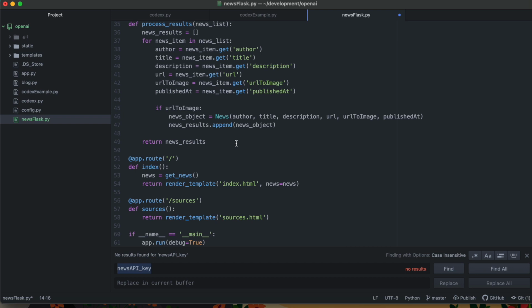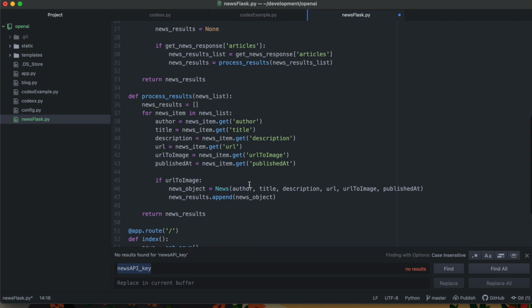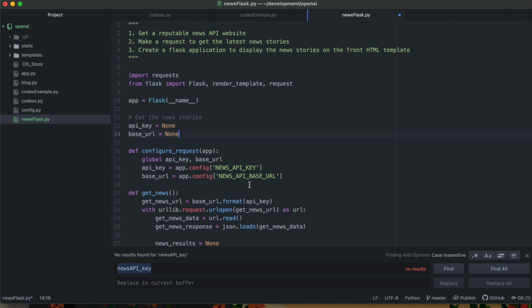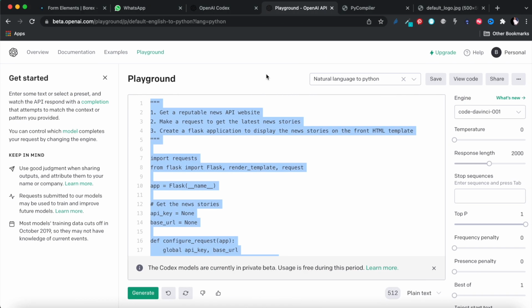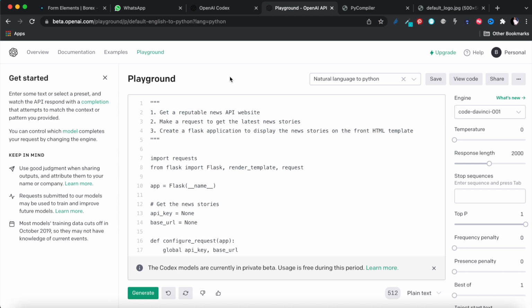And then, I probably have to do the HTML myself, or I can get Codex to write the HTML for me as well, because it is capable of doing that. It's capable of doing JavaScript. I can get it to write my HTML for me as well using JavaScript. So the point I'm making here is that yes, this is useful, but so far, if you're going to use the playground or the API, you have to know coding. It's not going to be useful for somebody who doesn't know coding and wants to learn coding via this. However,